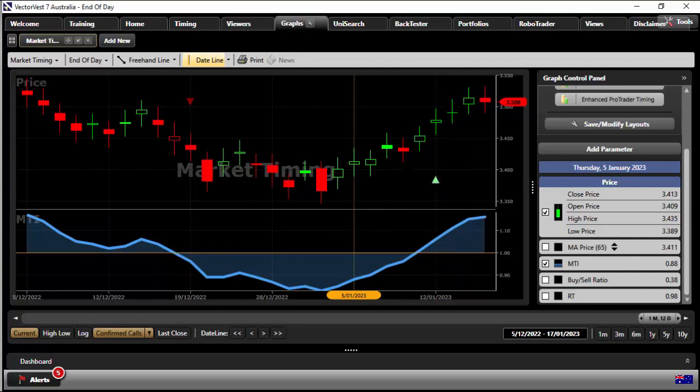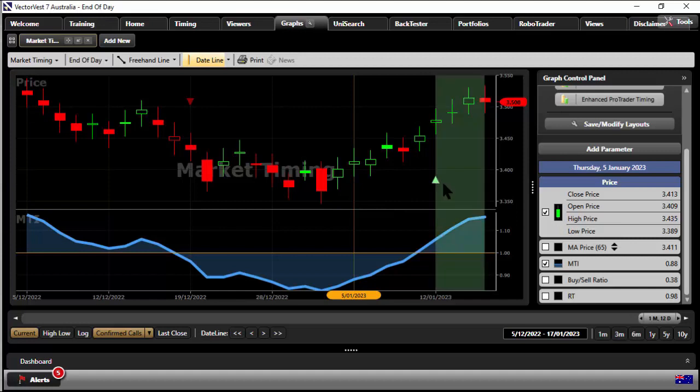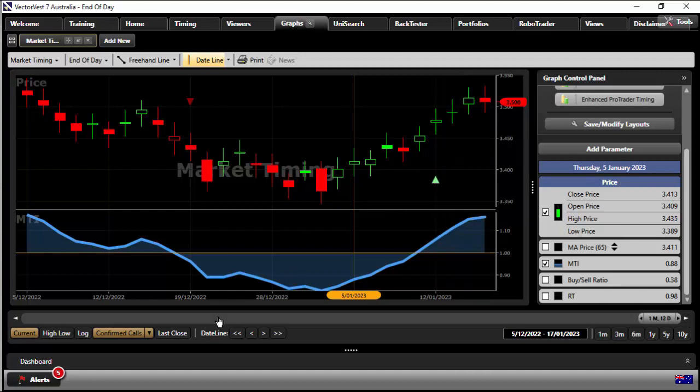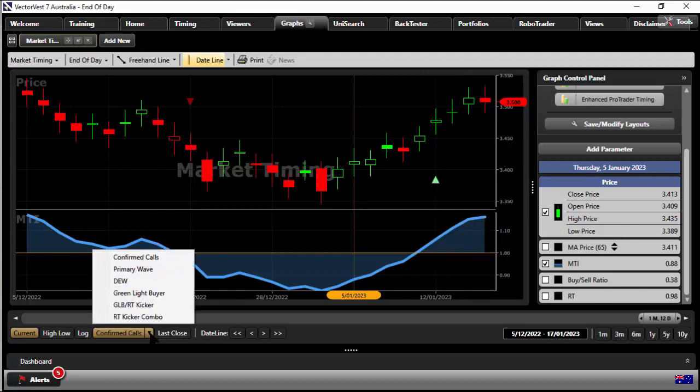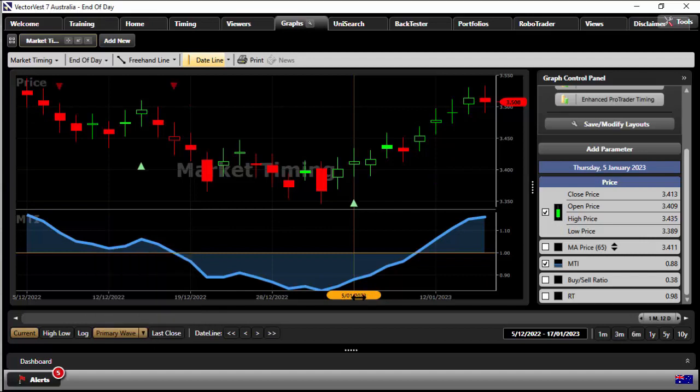So we've had plenty of signals leading up to the confirmed signal and the DEW, starting off with the primary wave on the 5th of January. So you're getting plenty of notice that the market's turning. What are you going to do about it? How are you going to benefit from that market turn? And one such way you can